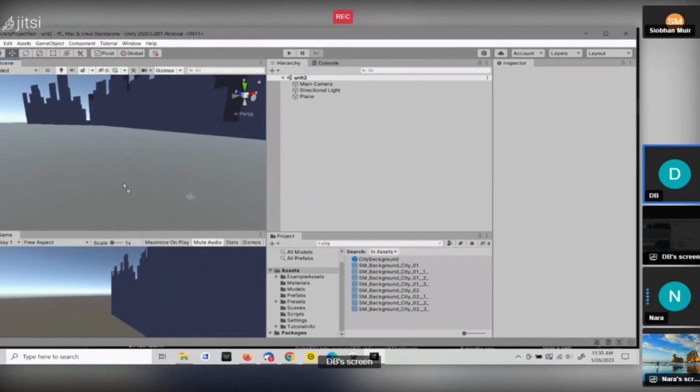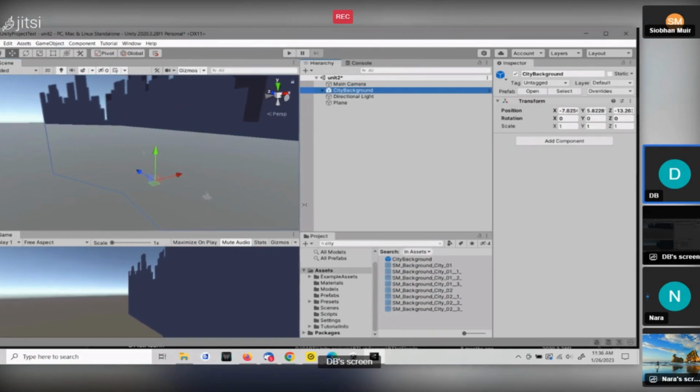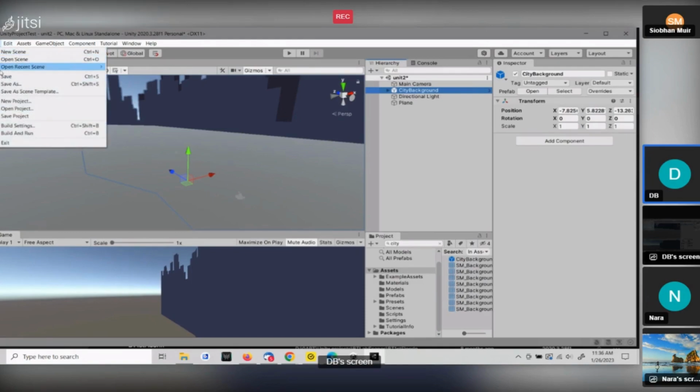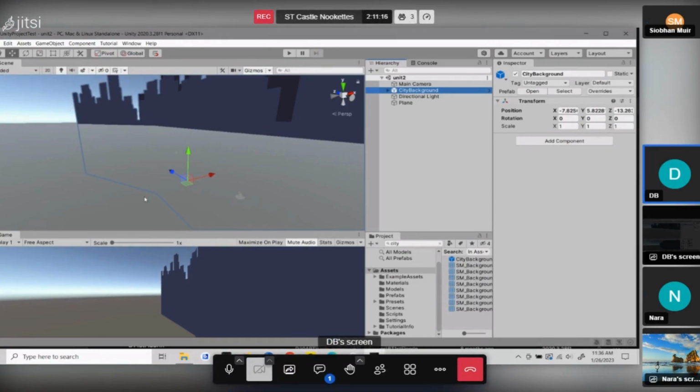Okay, and just for fun here, let's take a moment and save our scene. Oh, yes. Because that's important. And you named your scene unit two. Good. If you ever wonder whether it's saved or not, if you look up at the very top, like you could move something and it will make an asterisk appear and you will know you haven't saved that change. So I think just for fun, if you look for city background in your project folder,